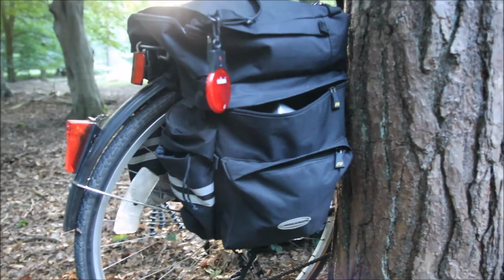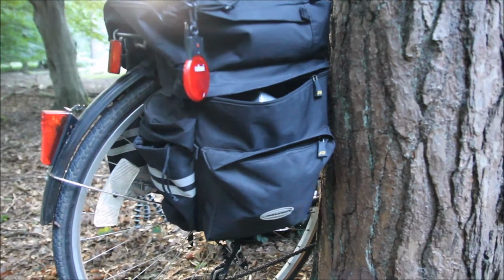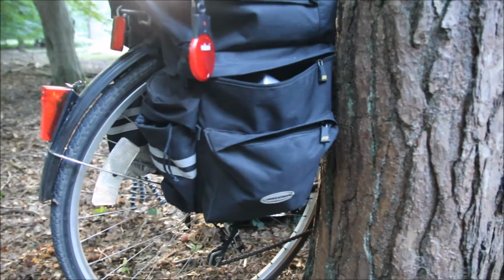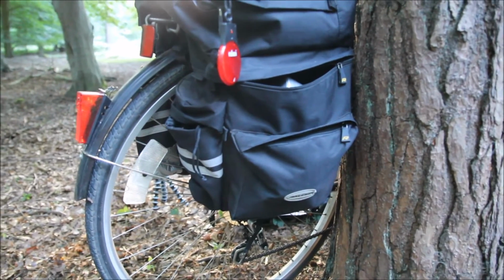Also, I would carry a D-lock with me if I ever go into a town or city, and I think I might need to lock my bike up if I'm going into a shop or something. But just for coming out into the woods, I don't tend to bother with the D-lock. Though I do sometimes if I go camping, just to make me feel a bit more secure about leaving the